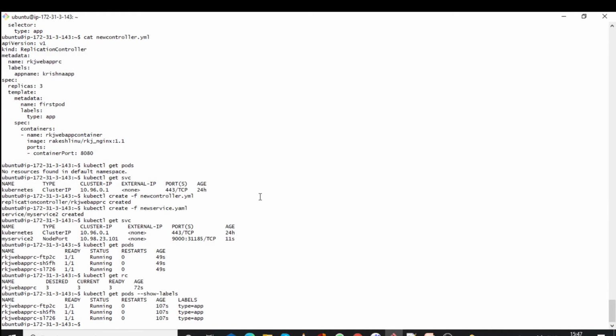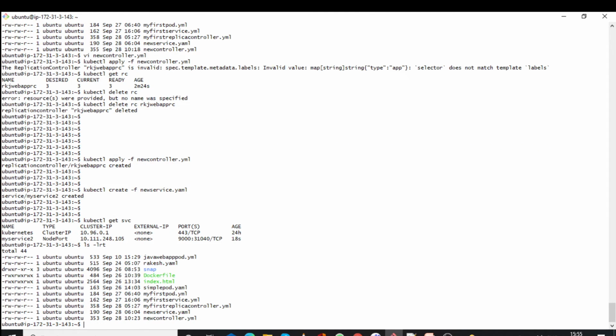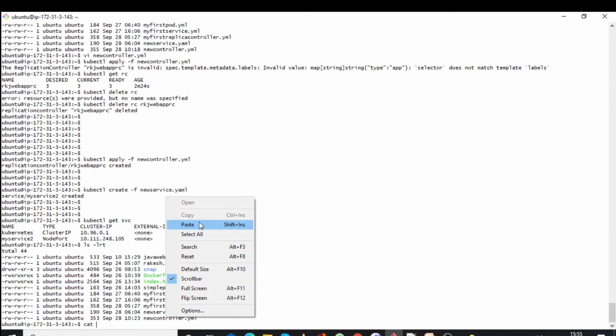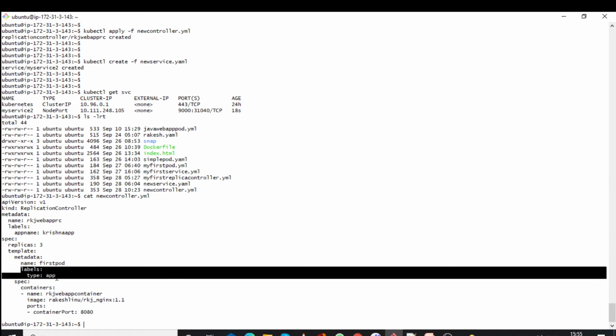So guys, if you change the label, let me open the file once. Here we have mentioned the label type as app.